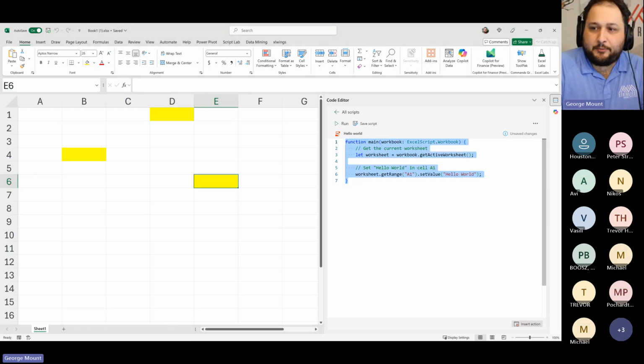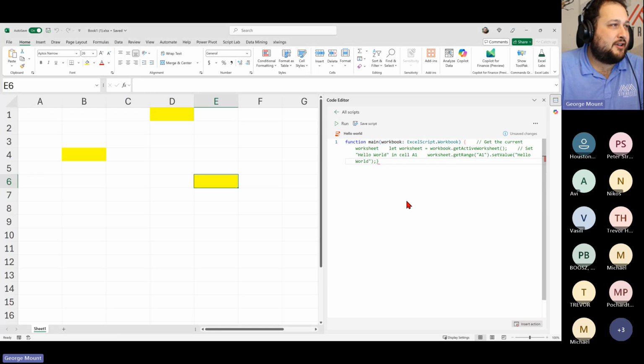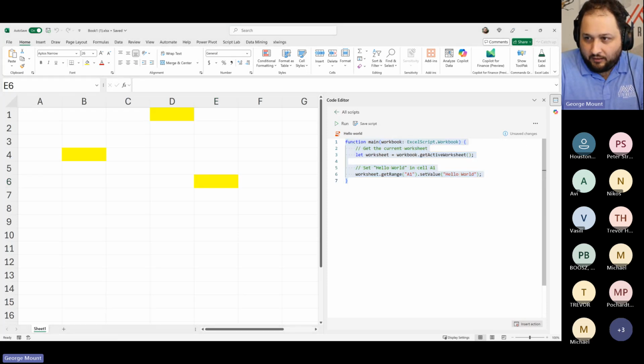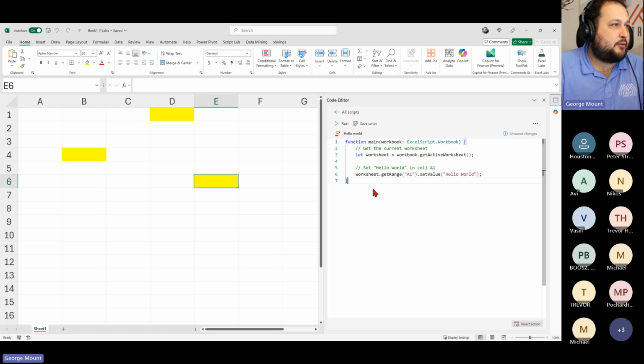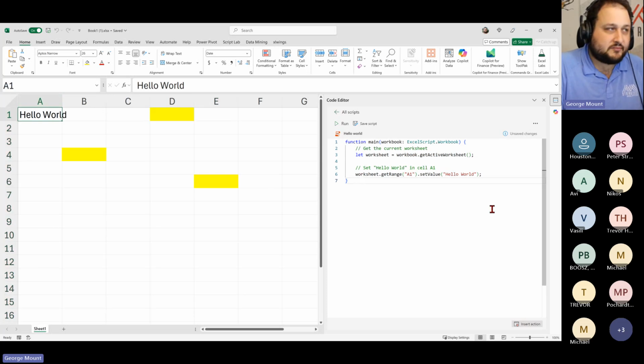So go ahead and do that. I'm going to put this in the chat. I believe if I use this code font, it should be pretty easy to copy and paste into your Office Scripts. It looks like it didn't quite format well. What I'm seeing is, don't use the copy button. If you go into the data and copy and paste it from there, it looks like it renders better inside of Office Scripts. So go ahead and do that. And as we run this, we see hello world is added to that cell.